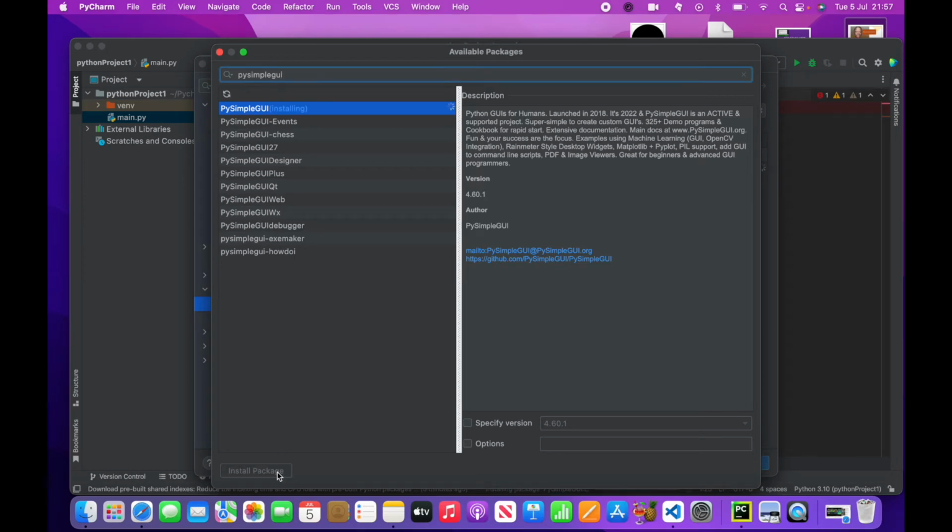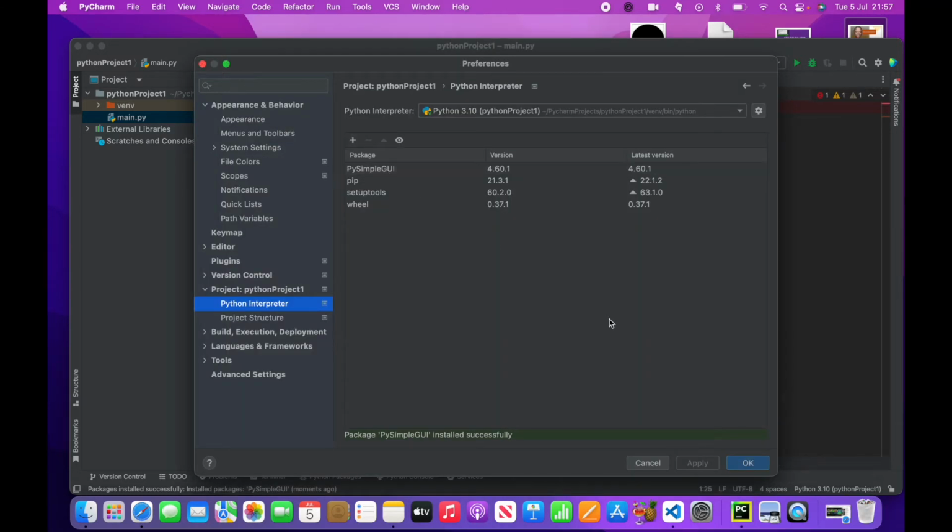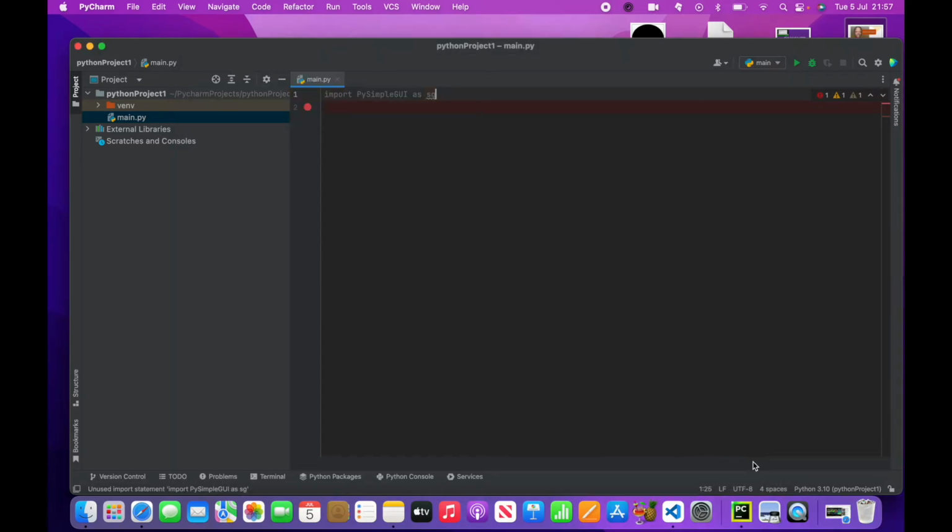Okay, and it will take a few moments, and it's successfully installed. That way, when you go back and you say okay, because it's installed, you can see they're already within your packages. You say okay, and you see that the underlined PySimpleGUI has now cleared. Okay, and so you can then proceed,